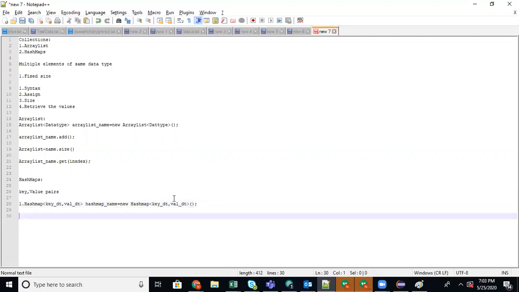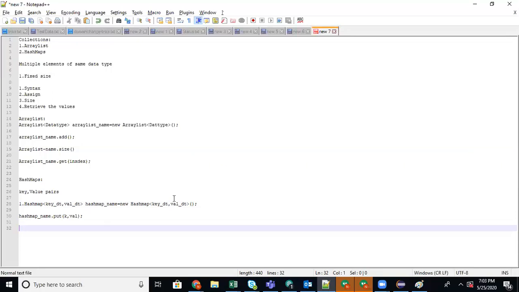How to assign the value is hash map name dot put. Here you have to give the key and the value to save it. How to retrieve is hash map name dot get. Here you will give the key.